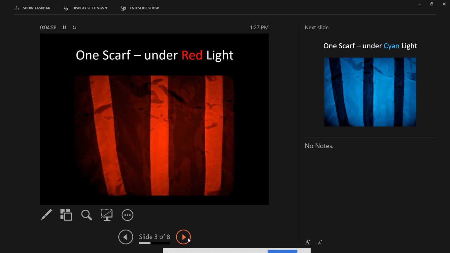It might also be, what else? What other color could this be? If you know that it's red light, what color could this part be? Red. It could also be red. And this could look black as well. Does that make sense? It doesn't look white at all? If it's a red